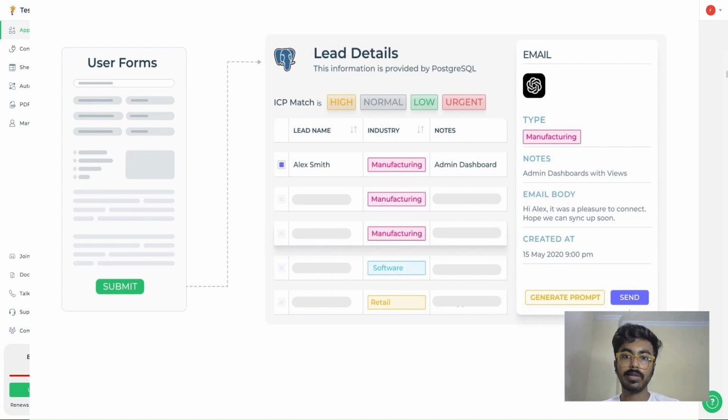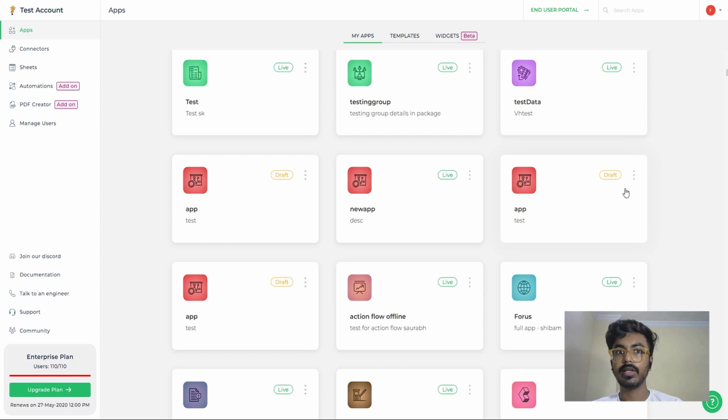So this whole app will include using action flows, like server side action as well as client side action. And apart from this, we will also be leveraging OpenAI to curate the email body and subject. So right now in front of me, as you can see, I'm on my home page of DronaHQ, and